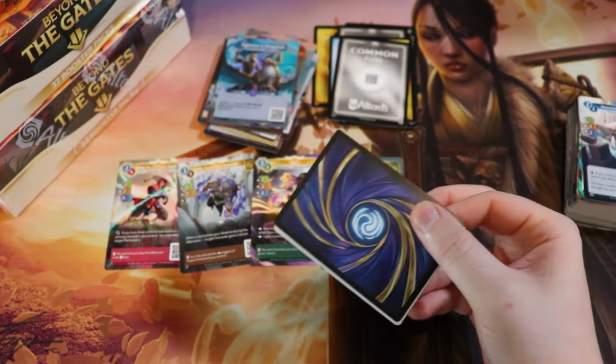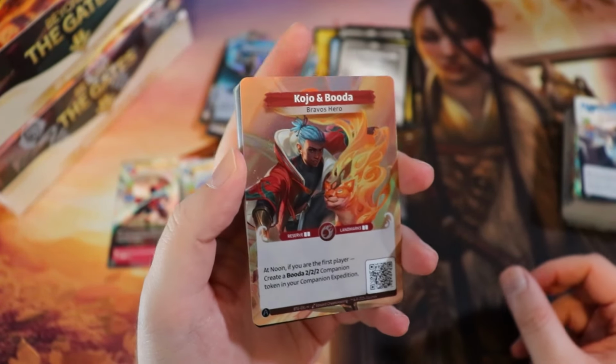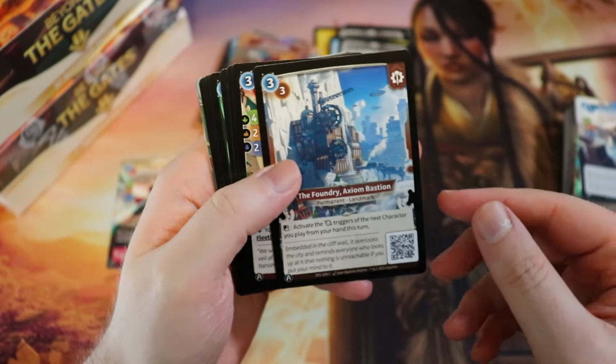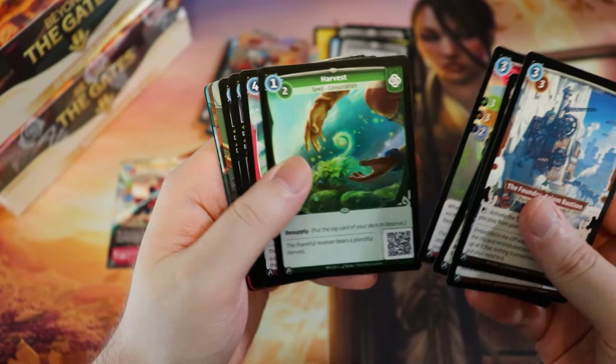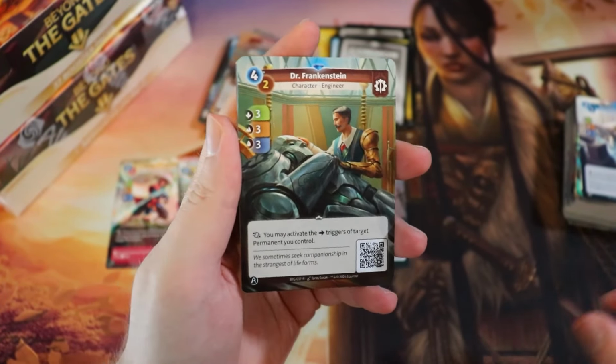There's another really fascinating thing about this game that I was talking to my partner about. This is another one of the starter deck cards, one of the starter deck heroes. And that is that this game is being made by Equinox, which is a French